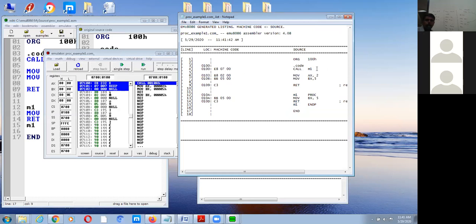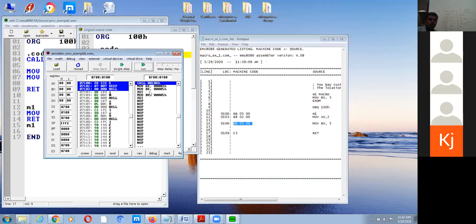So for calling the procedure, the machine code is this, which is different from MOV BX, 5. How many ever times you call the procedure, it will be using the same thing. Any doubts over here? Any questions?